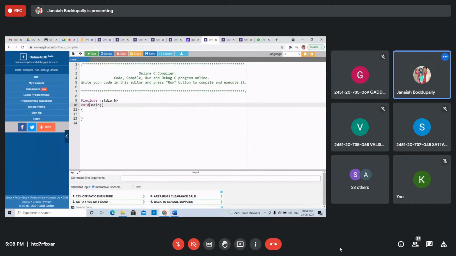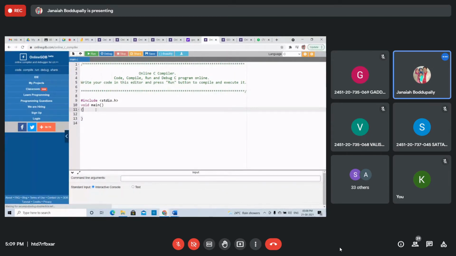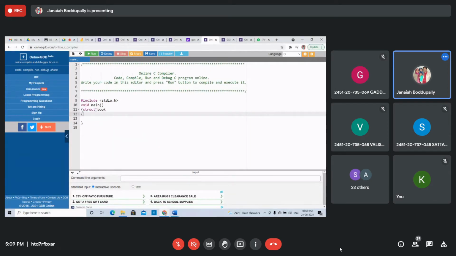Void. See this? Yes, structure book I am taking. Structure book. This is the structure variable book. What are the structure elements?